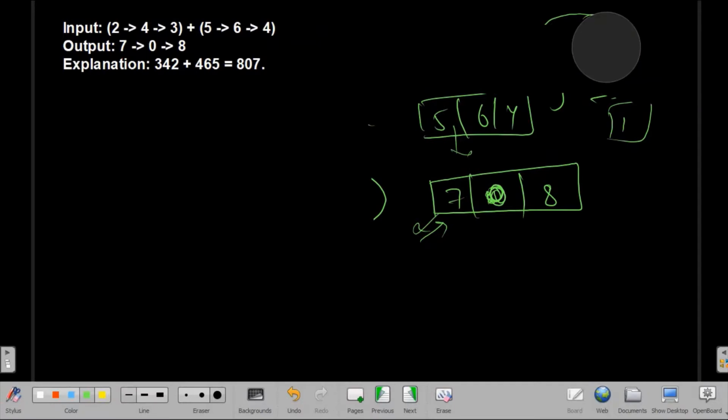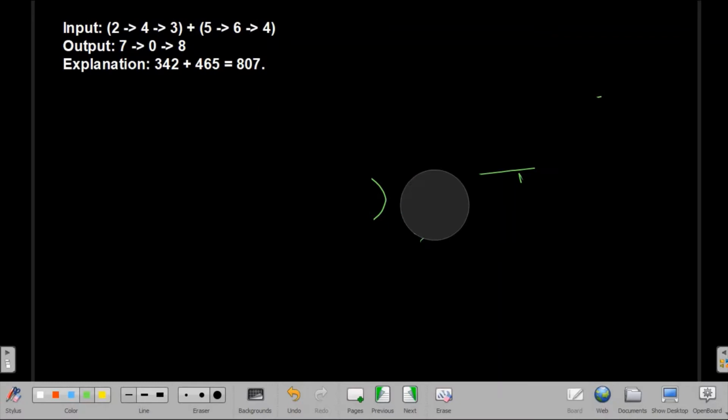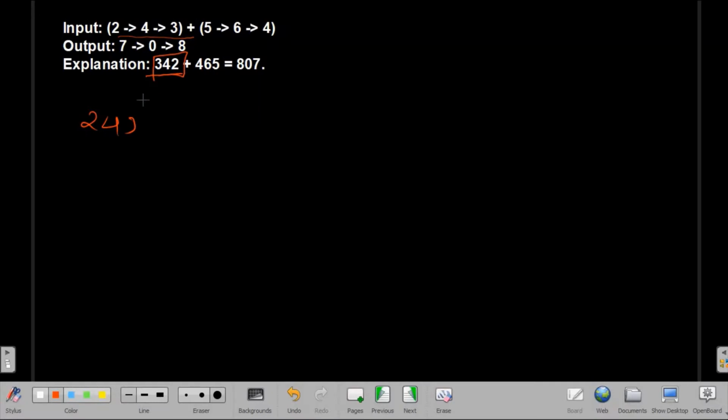I hope you understand the question. So let's solve this. And one more thing guys, our linked list is 2 4 3, but in the explanation the value is reversed, that is 342, and in the same way 564 is 465, and even the solution is reversed.